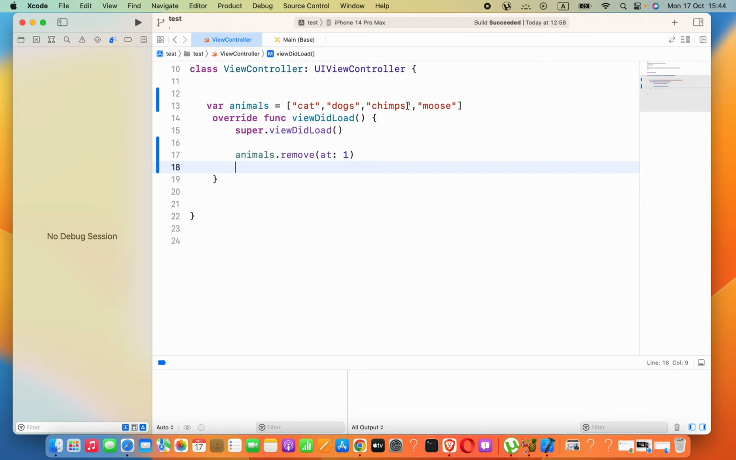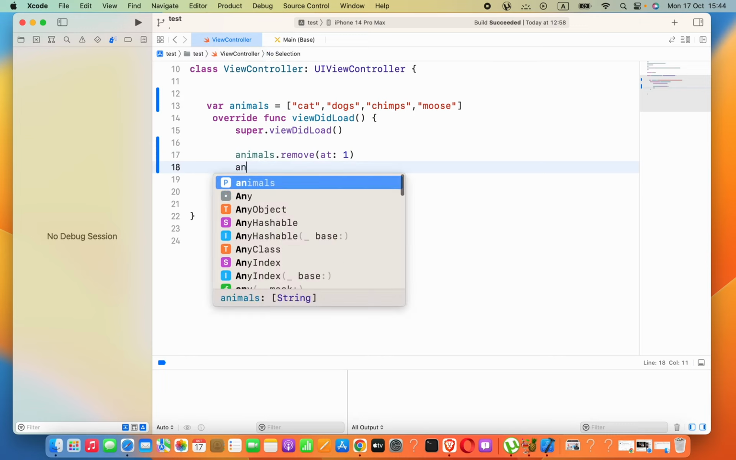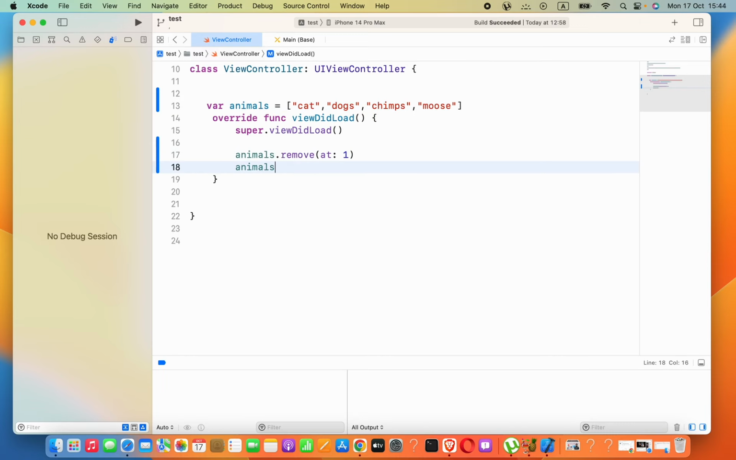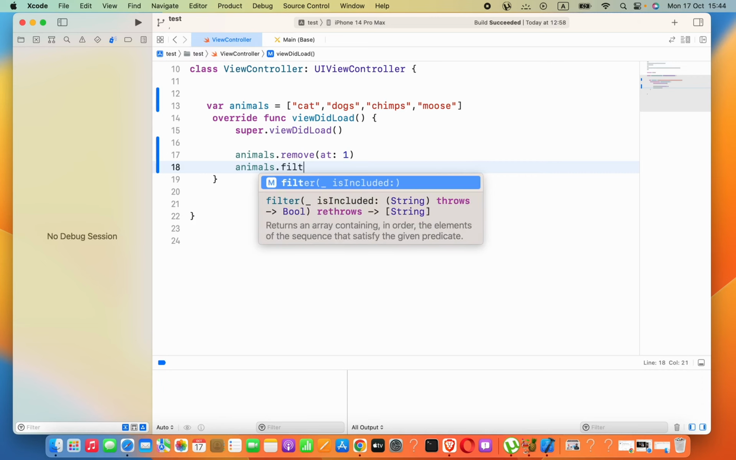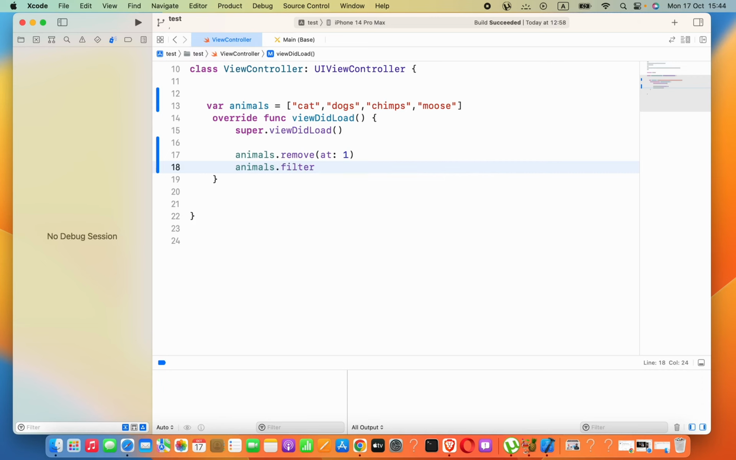Secondly, how can we remove unknown index elements? For that, we can go ahead and say the array variable name dot filter. Now we have to use braces, not parentheses. Inside braces we have to say $0. This means the first parameter, and then we are checking whether it is not equal to an